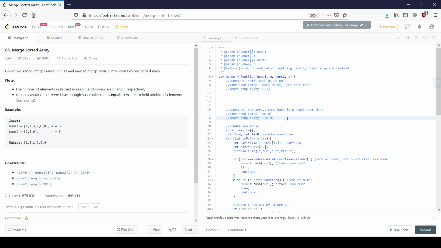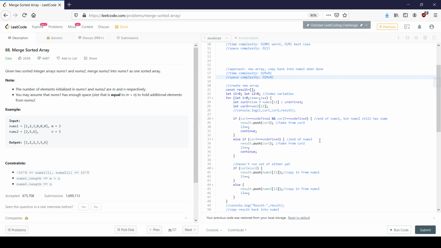So let's go over how that's going to work. As I said, it's just as similar as if you're given two arrays and returning a new array. So here we want to create a new array. We want to keep our index variables of where we are in nums1 and nums2. We could get rid of elements from nums1 and nums2 as we go along to keep track, but